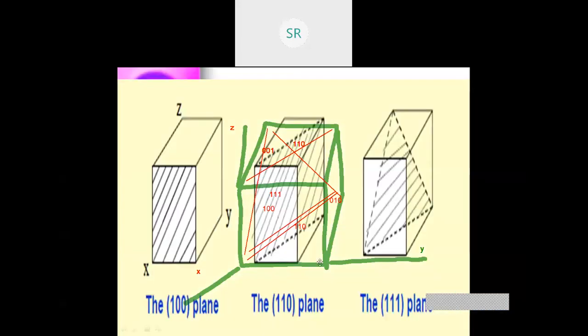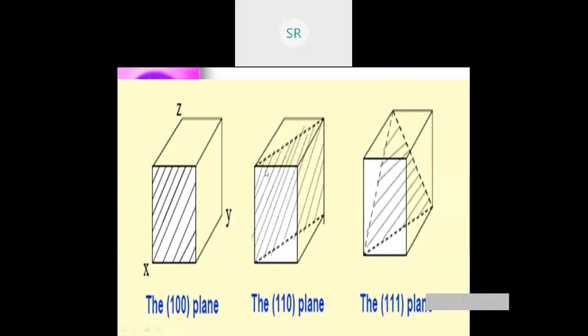Okay, so now see here. If I take this as the rectangular, and if I highlight, this is 100 plane. So this is x, this is y, and this is z. So this is 100. This is the front face, 100 plane. Similarly, if I take the diagonal, it is 110 plane.